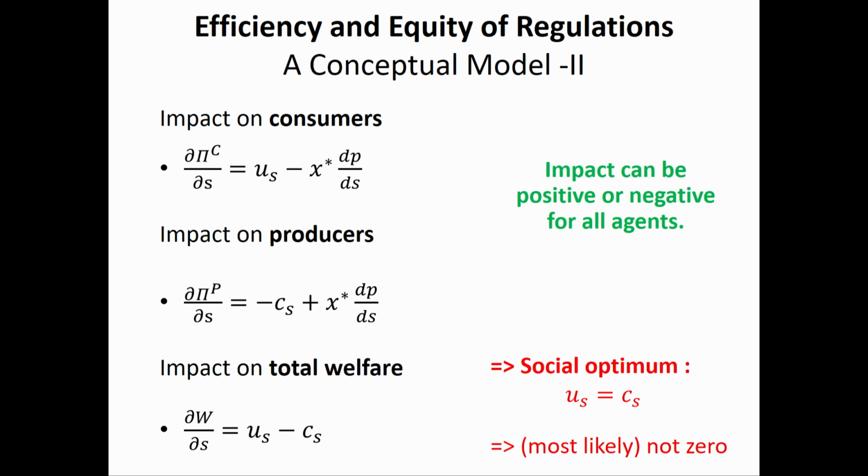Well, consumers benefit because their asymmetric information is reduced, and so they consume better products, okay? But they have to pay a price for it, because the price will go up for two effects. One, there's a demand increase, and the second one, there's an implementation cost increase. The impact on the producers is they face the cost of introducing the regulation, but at the same time they can sell more because consumers want to buy more, and there is a price increase, okay? So in both of these cases, there's a positive and a negative effect.